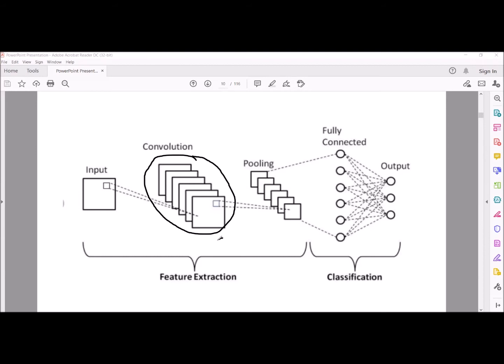For example, here we have considered 6 filters. Each filter is extracting one piece of information from the input. In order to extract the information, we are performing convolution. That's why this network is called a convolutional neural network. Here, observe that convolution does not mean the mathematical convolution. Mathematically, we are simply multiplying the values of this filter with the input, and then finally adding in order to get the convolved output.